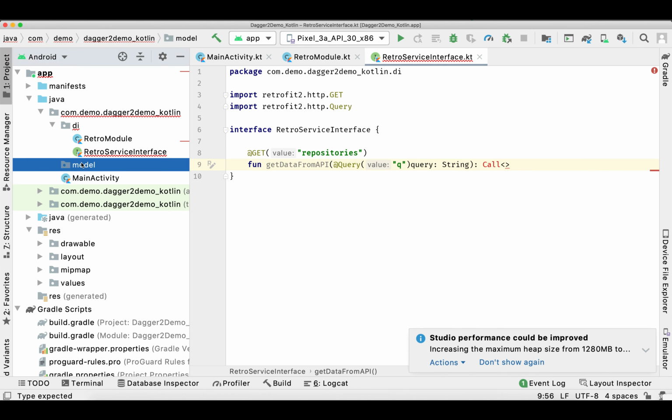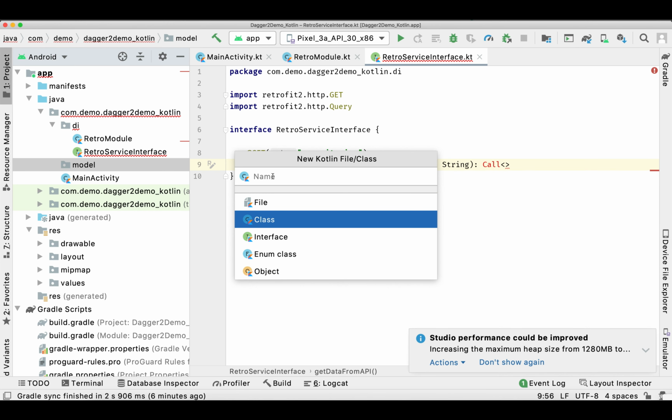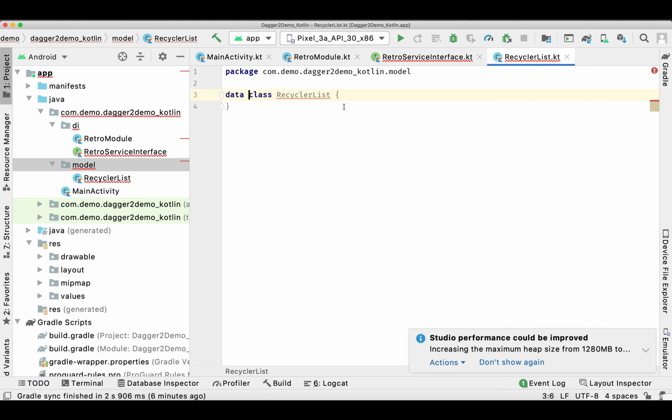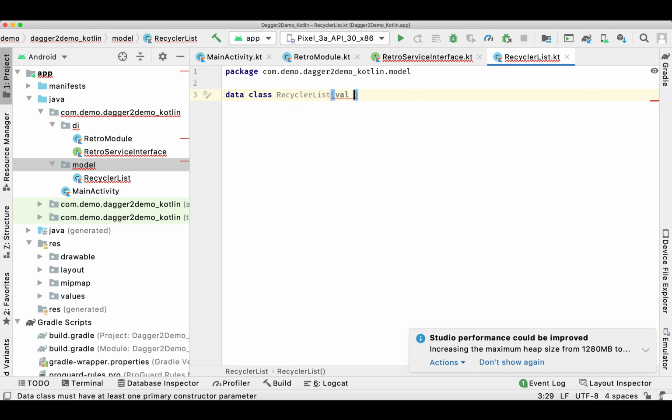so we'll create a data class inside the model folder or package. In this class I'm giving the name RetroRecyclerList, and we'll define it as a data class. And now we'll see what kind of data we are retrieving. It's the items, a list of items, so it's going to be an array, or we can say a list of certain types. So we'll define another data class, we'll name it RecyclerData, and define the